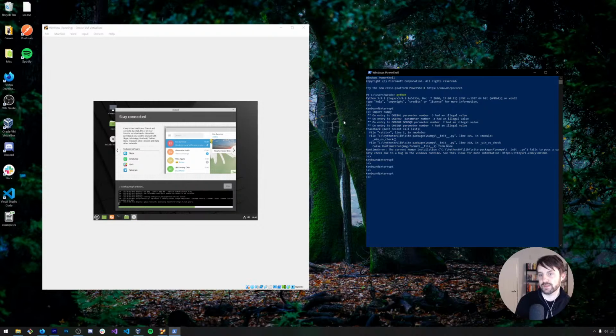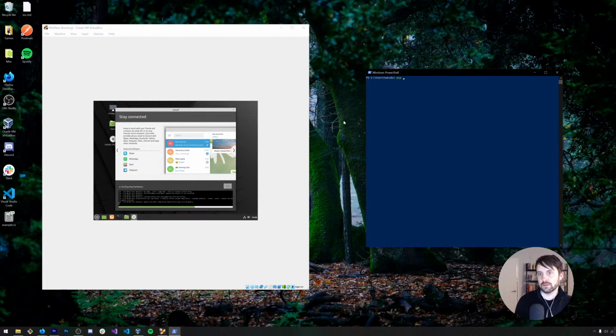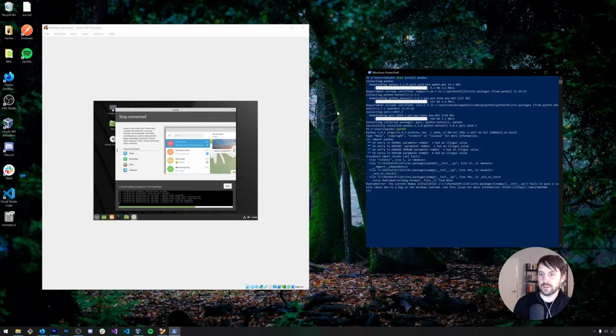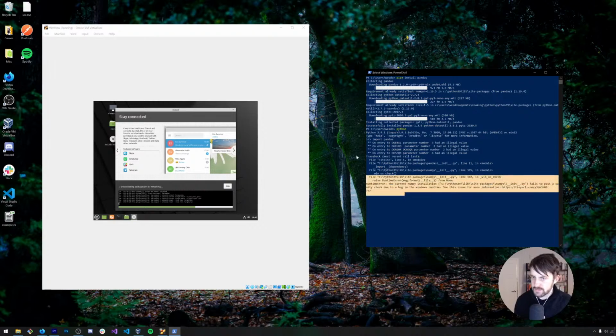I wonder if pandas works on this one. Isn't numpy a dependency of pandas? Yeah, exactly. Same deal.